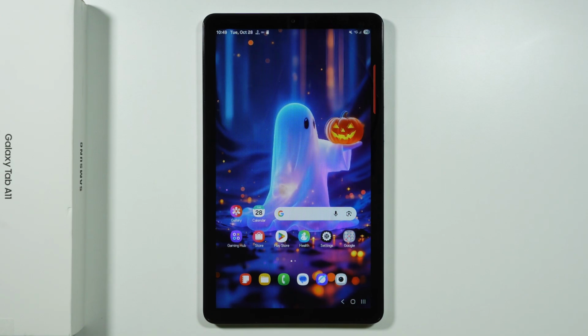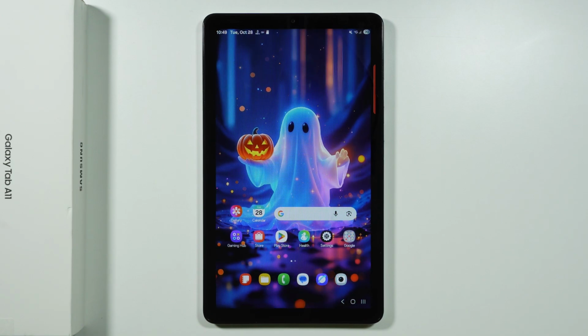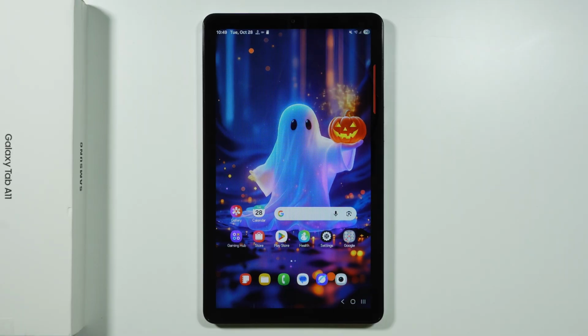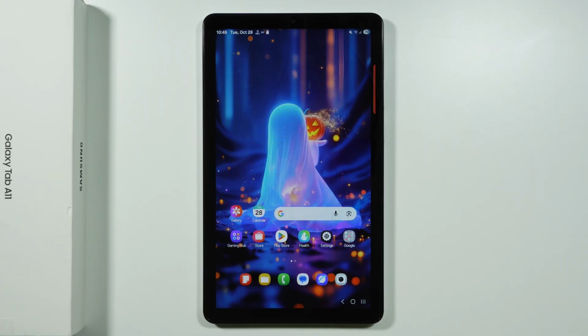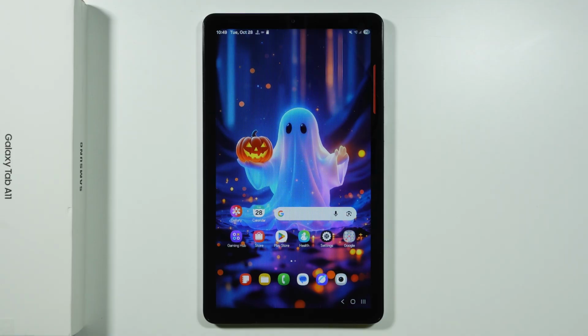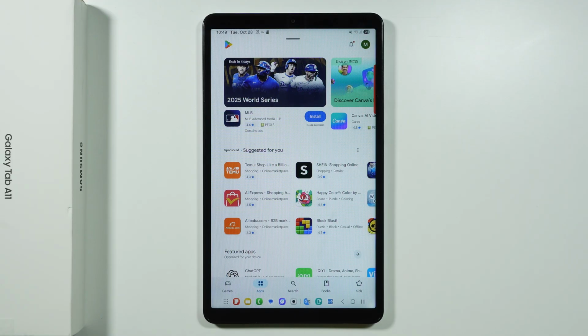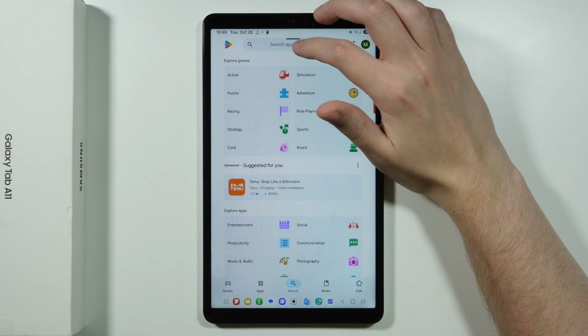If you want to use Equalizer on Samsung Galaxy Tab A11, then in that case we need to download a third-party app that allows us to use the audio equalizer, because unfortunately we do not have a built-in option. So in order to find the EQ, we're gonna open the Play Store,